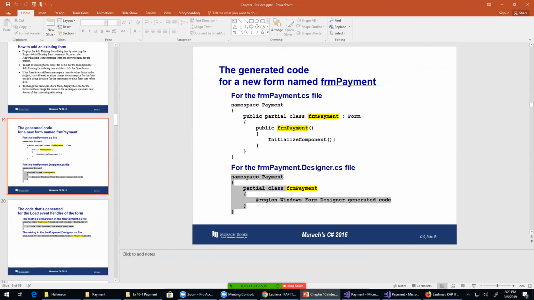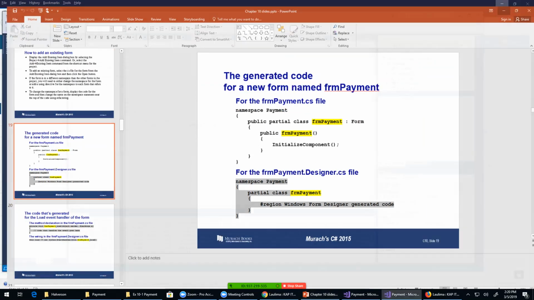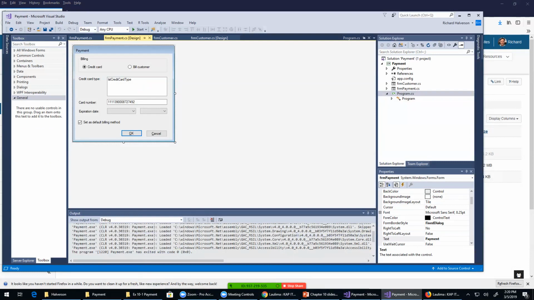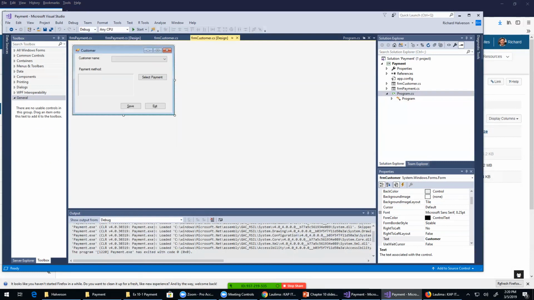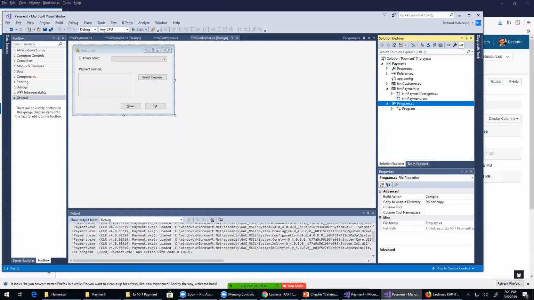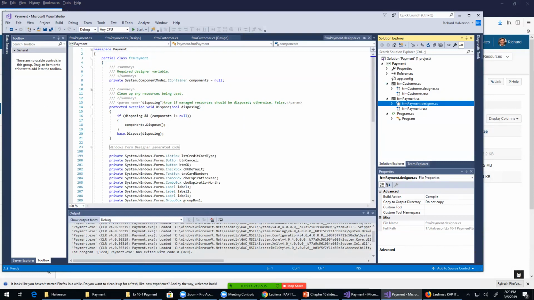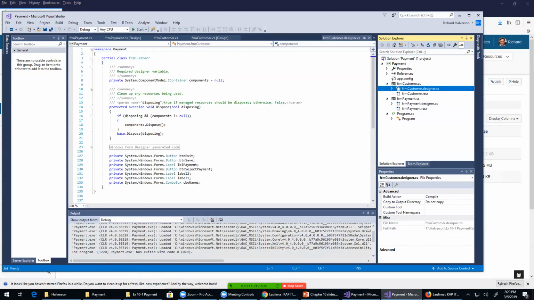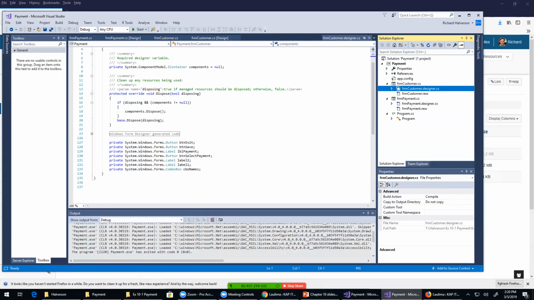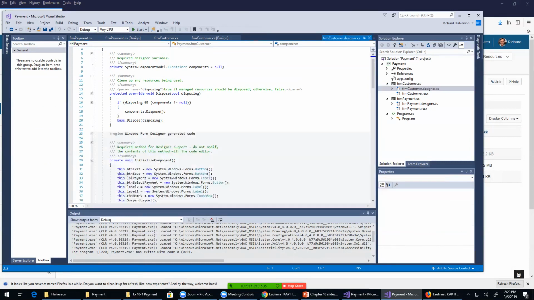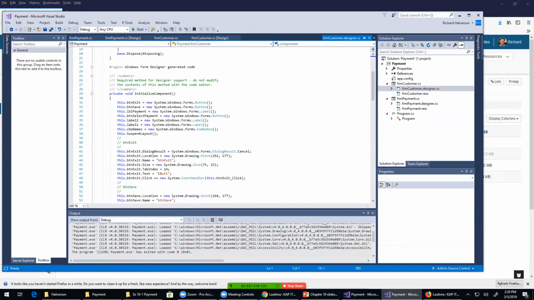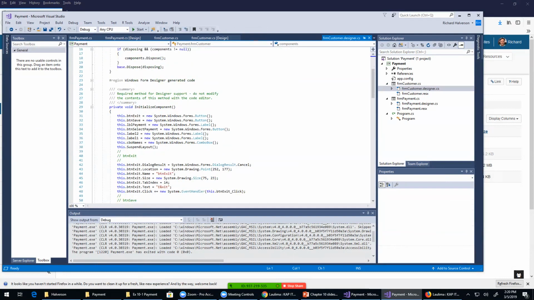And this book actually goes through and explains a little bit about the code that's generated from the designer. You know, this is the designer here. This is the designer, and it actually generates code into this designer.cs. Like this is the customer one, designer customer.cs, and here it explains. This is the code that gets generated. I might have talked about this a little bit last semester, but